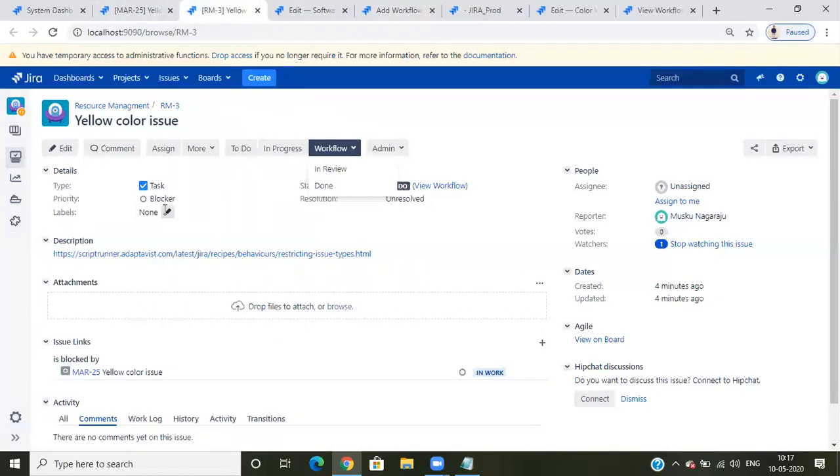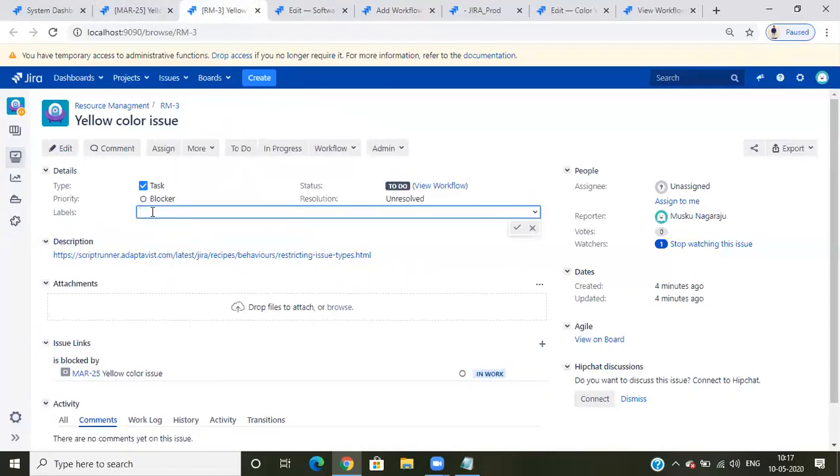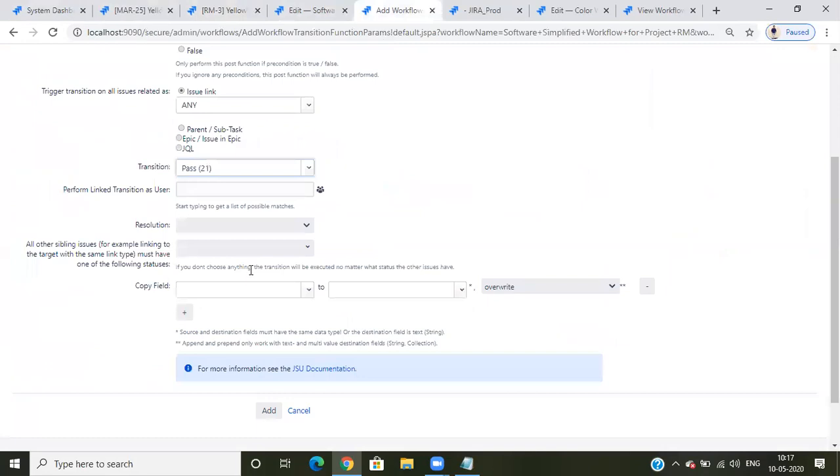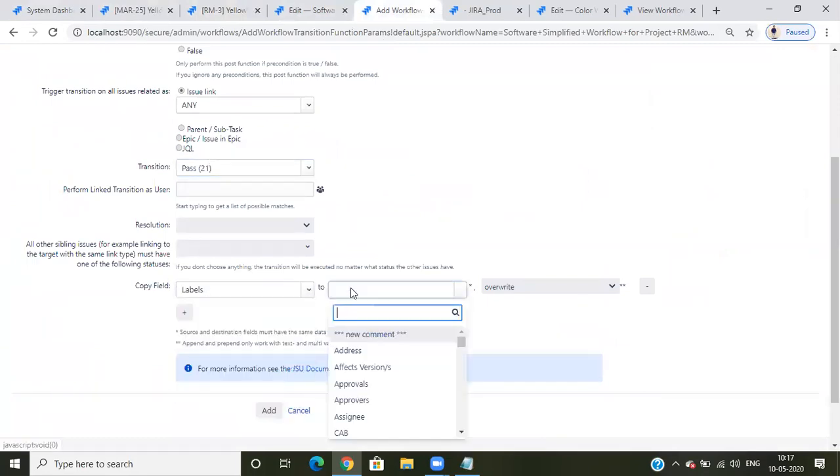So suppose I have some label, I'll put some ABC or something label. So my requirement is, suppose when I done, this label should be copied to here. I'm just selecting one, so we can select anything in real time. So I'll select label to label.